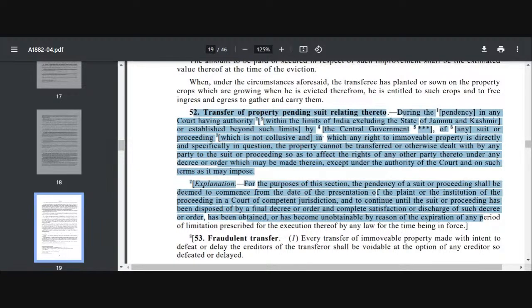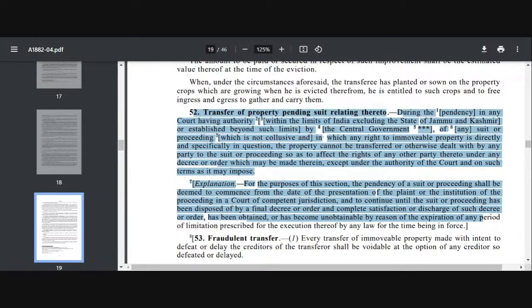So under this doctrine, the principle is that during the pendency of any suit regarding title of the property, you cannot create a new interest in respect of the property. ठीक है? तो आप लिस पेंडेंस अगर है, मतलब if there is any pending litigation, you cannot introduce anything new.